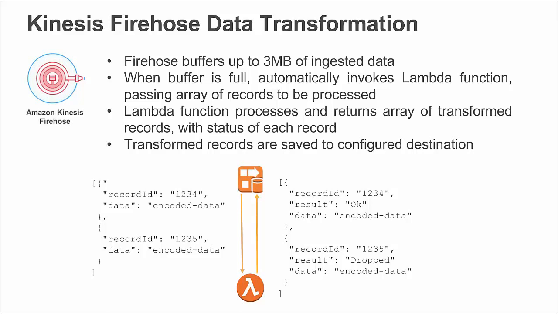What happens here is when Firehose gets these back, in this particular example, we see that 2 records were passed to my Lambda function. The resulting data set has also 2 records with the same record IDs. The result of one is OK, and the result of the other is dropped. And so what Firehose will do is it will persist the one that is OK, and it will